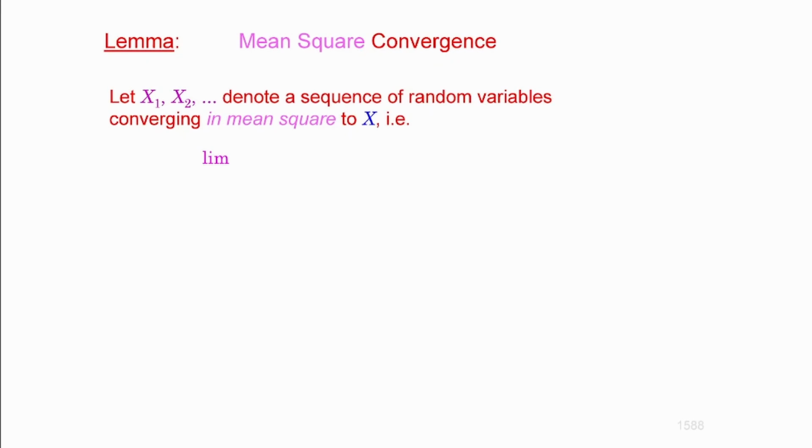So mean square convergence, which is the most common one, and it's not going to be long, trust me, also implies two things. If you have convergence in mean of order 2, let's say, so convergence in mean square, which means that this expectation will converge to 0, this implies that the expectation is converging to the expectation of the limit. So the expectation of the members will converge to the expectation of the limit as the sequence progresses, and so does the variance too.